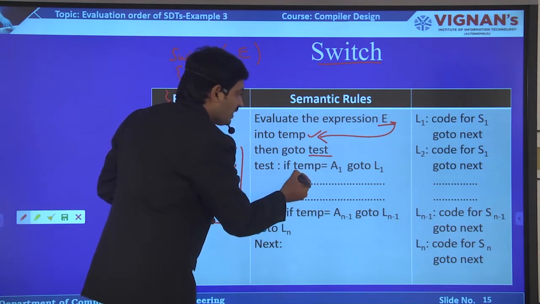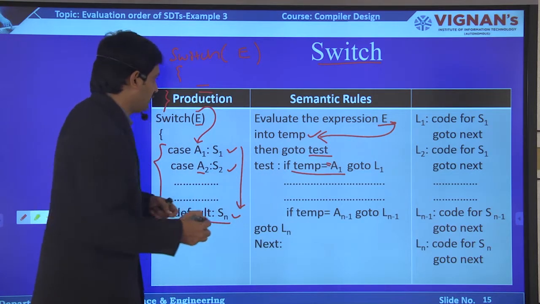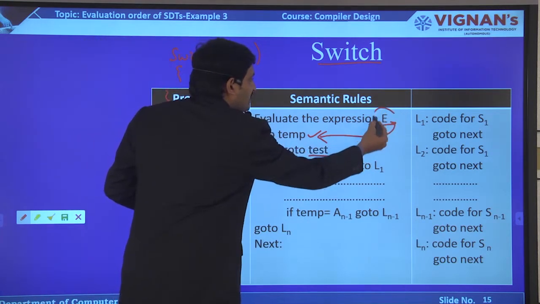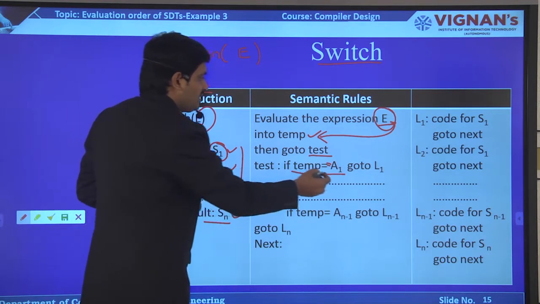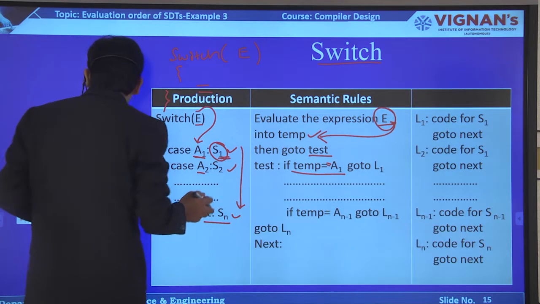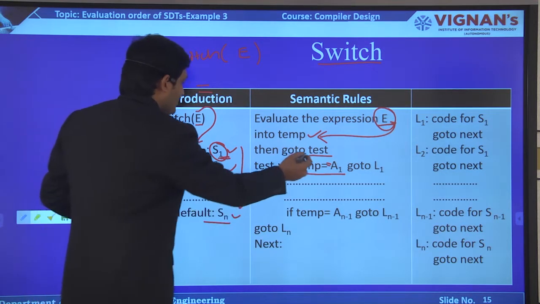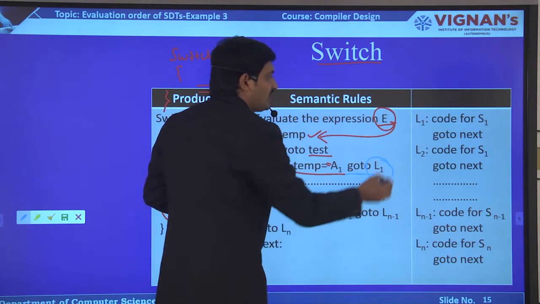Test: if temp equal to E1, that means if it is equal to A1, then I have to execute the statements S1. But here we cannot write S1 directly. So what I write is goto label L1. What is L1?